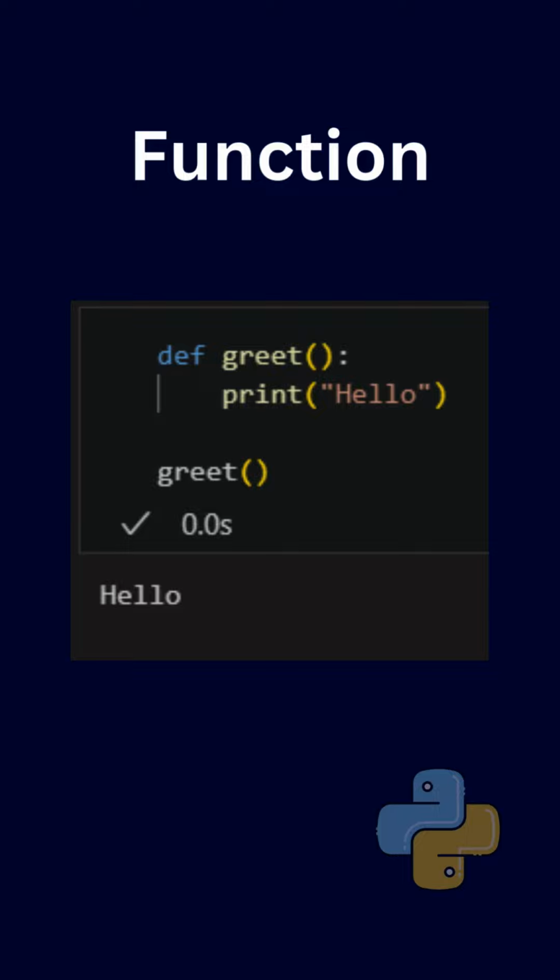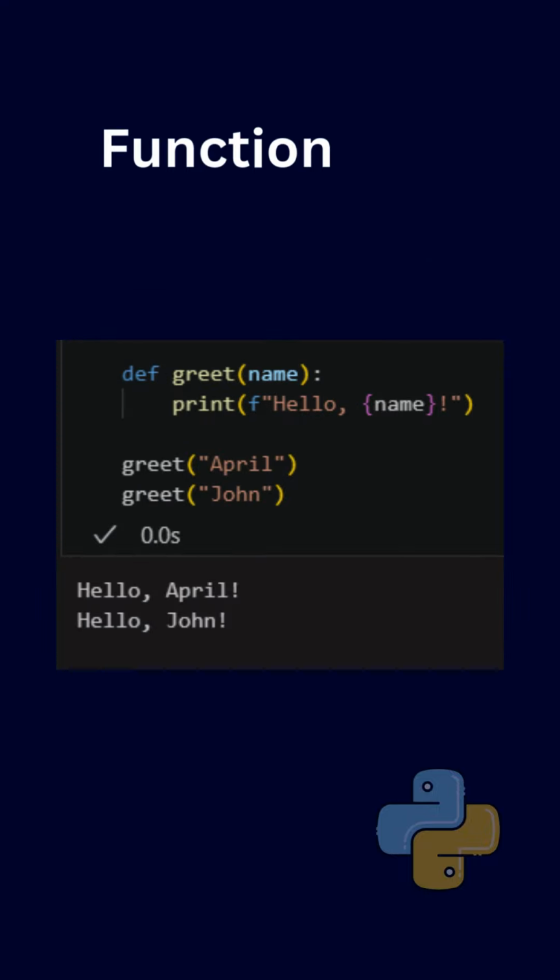Like on the screen, we use the keyword def to define a function greet. To specify the code written is inside the function, just like if else or any other block of code, we keep 4 spaces before the code lines. For calling the function, we write its defined name and the brackets with or without arguments.